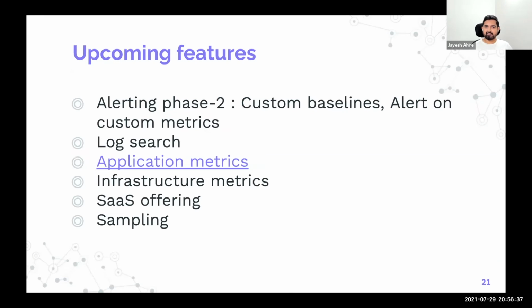Looking at the roadmap, let's see what different features we have planned and what we are building over the next couple of months, mostly this next quarter and the quarter after that. One important thing we have in our bucket is alerting phase 2. Alerting phase 2 will be very extensive, and it will help you alert on any kind of custom metric. You can create any query via Explorer and alert on that. Apart from that, in parallel, we will also be working on adding application metrics and infrastructure metrics to the platform.